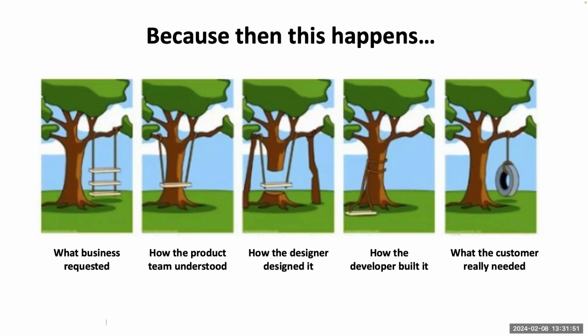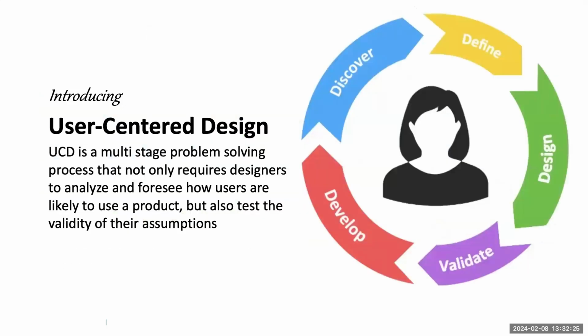How the developer understood that, the person who is going to build that application, is there's already a tree. All I need is a slab of wood and some rope, and that's pretty much it. What actually the customers or your users needed was a swing of a different type already. So to avoid all these notions of conception and premonition, it is very important that we lay our designs to